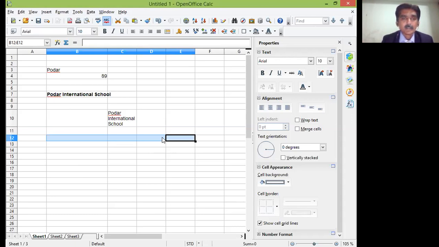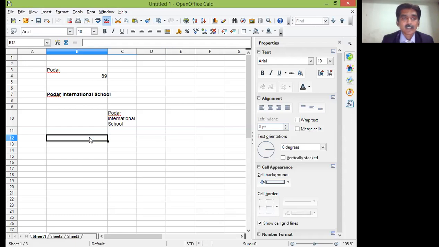At present, this particular range consists of 4 cells, and see in the name box, the range is denoted by the first cell followed by a colon and the last cell. It is shown that the range has the cells from B12 to E12. 4 cells are selected.